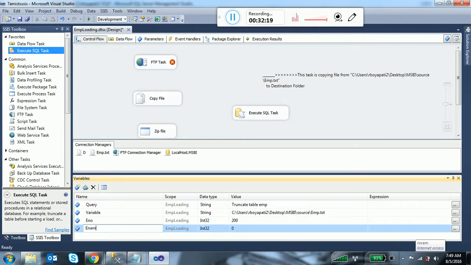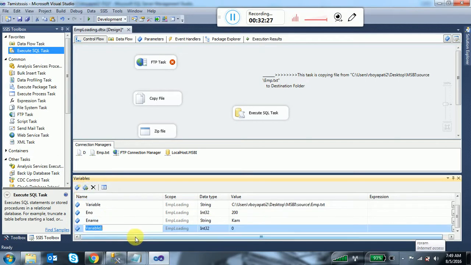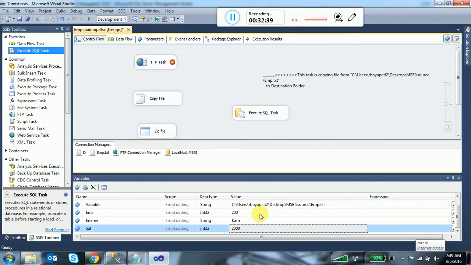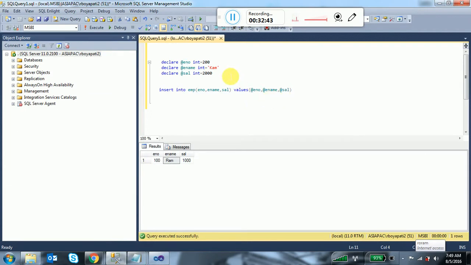Now we have to keep this statement inside the Execute SQL Task. Basically in SSIS, if you want to insert a value or pass a variable value, we can't specify the variable names like @employeenumber, @employeename, @salary directly.